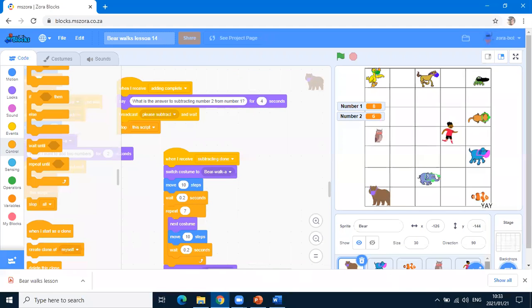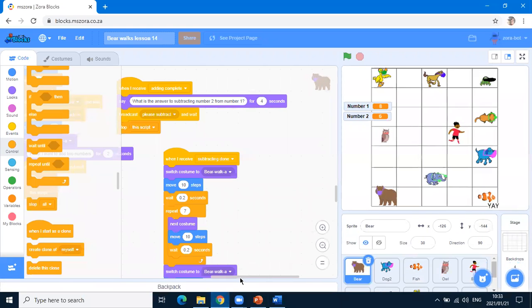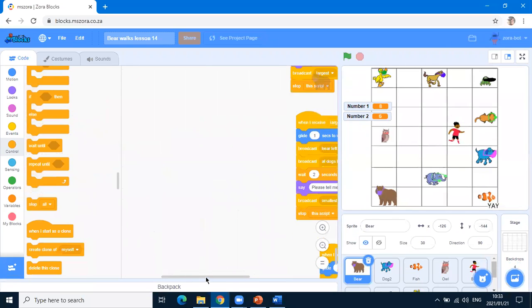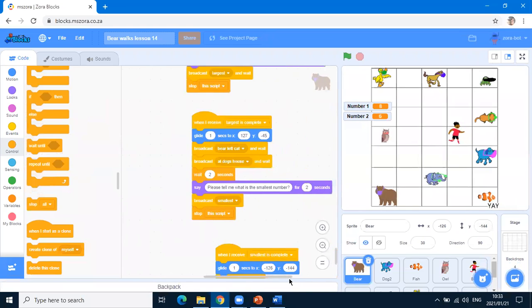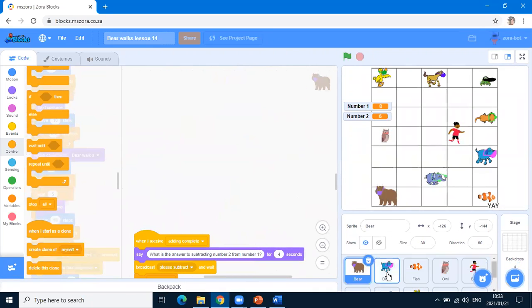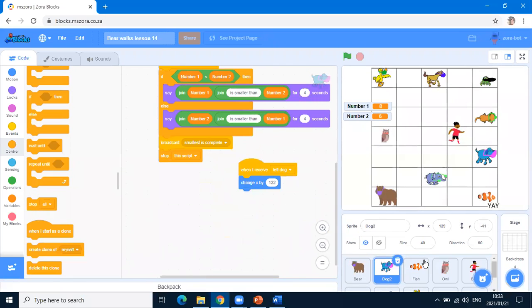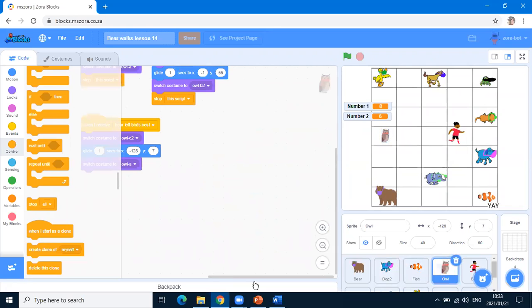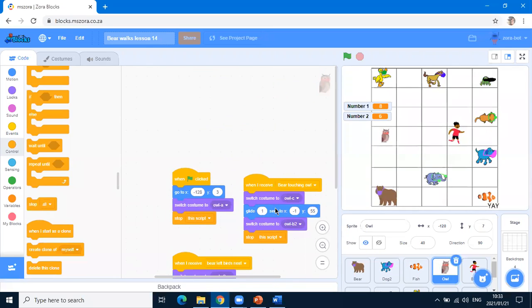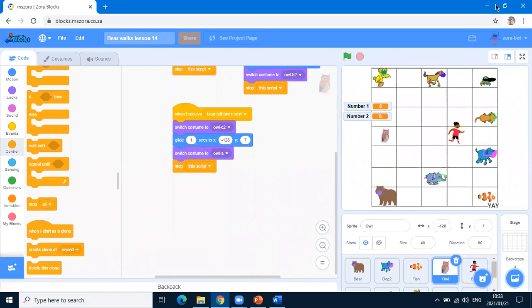So we go to all the different animals and we stop the scripts for all of them. Very important. Just stop the script, not stop all, just stop the script. We check everybody, and there's lots of code that we put in. As you can see, we did good work last 3 weeks. Let's go to all the animals and make sure we've got stop the script on all the animals. Fish, we haven't written any code. Oh, birdie, owl, no stop the script here. Let's put in the stop the script, not stop all. If you put stop all in the program, it will stop, and then, you know,